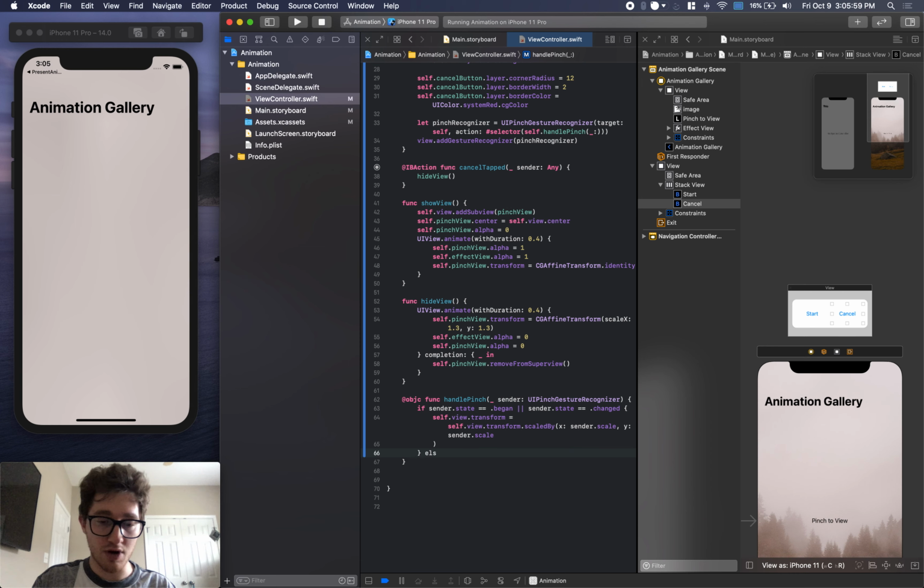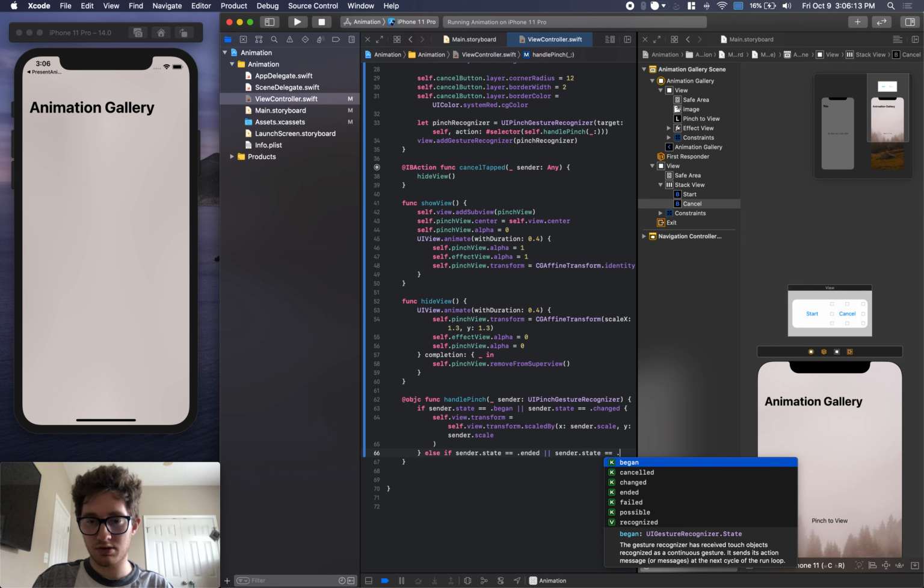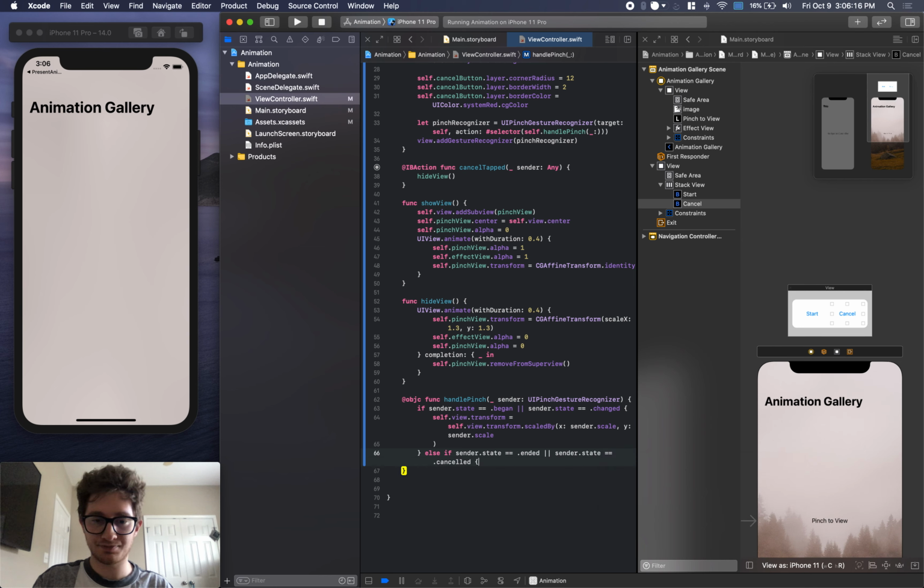So otherwise, else if it's not began, if it's ended, if the sender.state is equal to .ended, or it's been canceled, either scenario is good. So if it's ended or canceled, we want to do our animation. We want to either show it if it's been pinched out or hide it if it's been pinched in. Okay, so with that being said, let's go ahead and animate